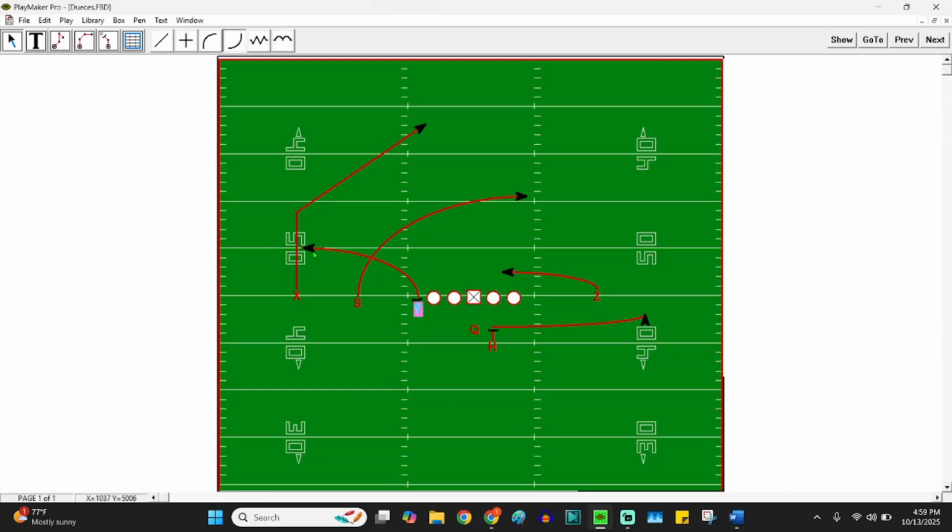But anyway, if that's not there, then my second read is going to be to the S. The S is coming across this middle. We want to hit this right here in between the hashes. So if somebody's sitting out here, whether it's the corner or not, now we work our eyes up to number 2 to see what these backers are doing. If these backers, so the ball's here, so this is 10 yards off, if the backers have drifted back to 10 yards off, or we got a safety 10 yards off, then we